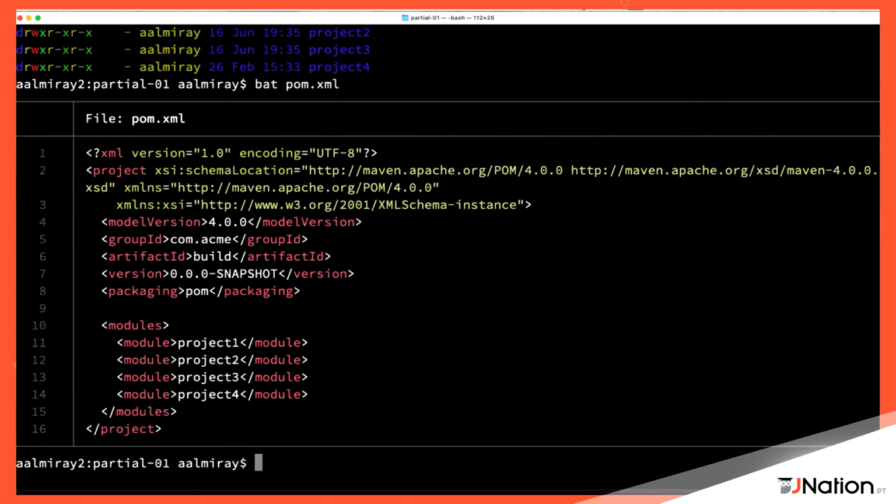Before you move on, can you clarify the clean and EAR? Yes. So what happens is that the way that the packaging for EAR happens, if you were to be switching between branches and you have any additional resources coming from one branch that should not be available from another, or there is some intermediate resource that should not be packaged in the EAR, then you definitely need to do clean.